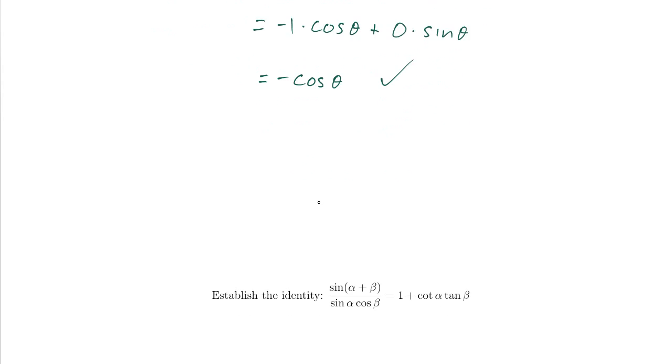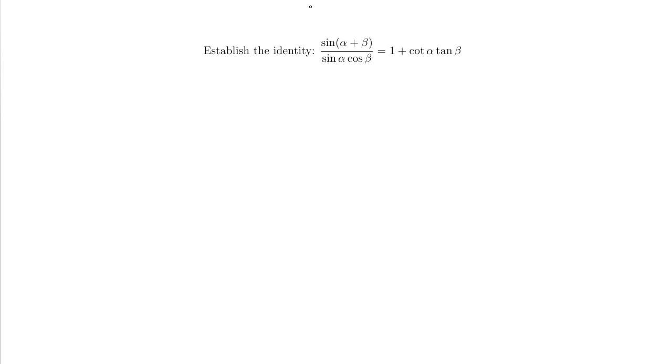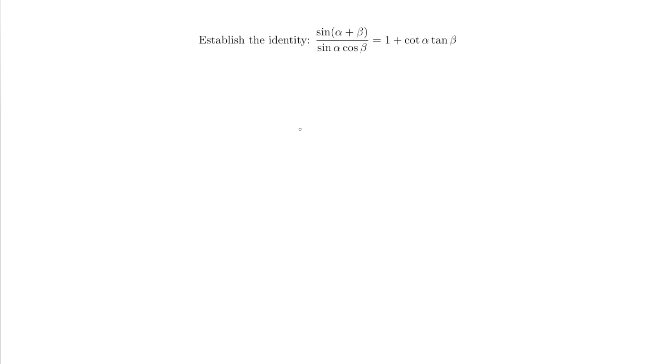They do get a little more complicated. Here, let me show you one where you have just two unknown angles. So we can't do any trick about actually plugging things in here. But again, this isn't too bad. We're just going to start with the left-hand side, simplify until we get to the right-hand side. So let's write down sine of alpha plus beta